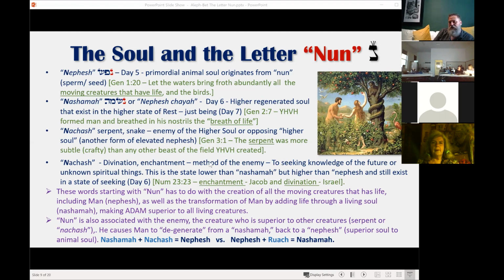So that means he's a higher state, just like the neshama is a higher state. When you add Nachash to neshama, it pulls it down to a nefesh. But when you take a nefesh and add ruach, you get the neshama. And that's what we want to achieve in this life: to get the ruach, which is Yahweh's Spirit, to pull us up to a neshama state, which is that enlarged Nun, which represents the larger vav, or the mature man.